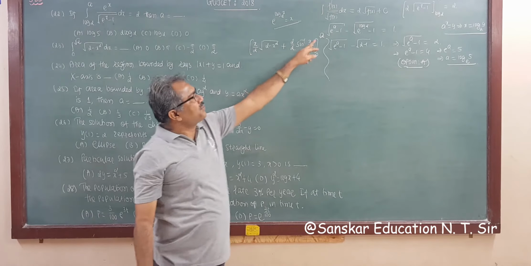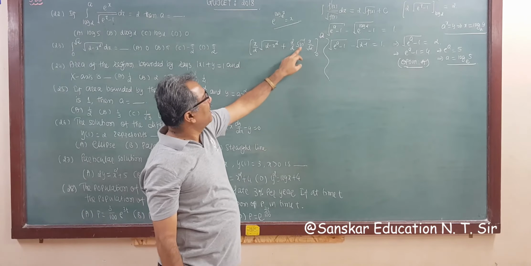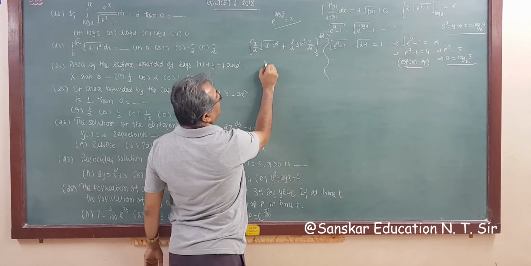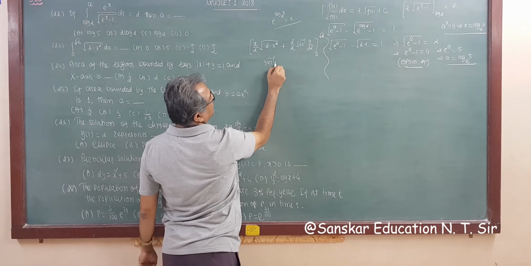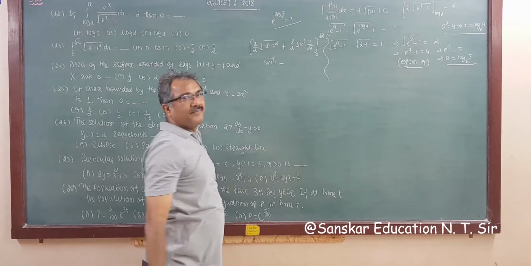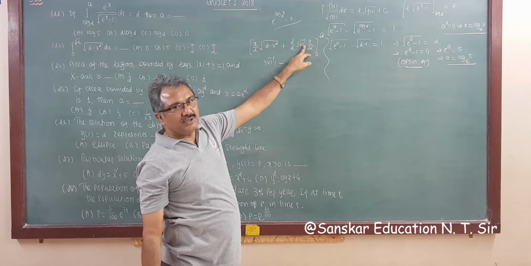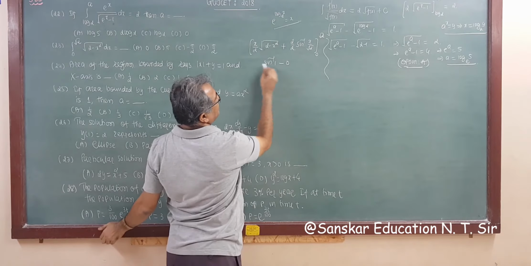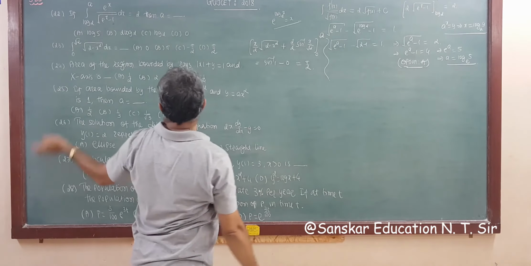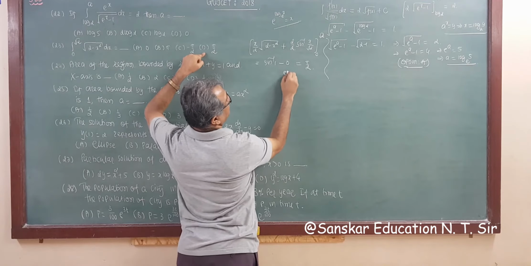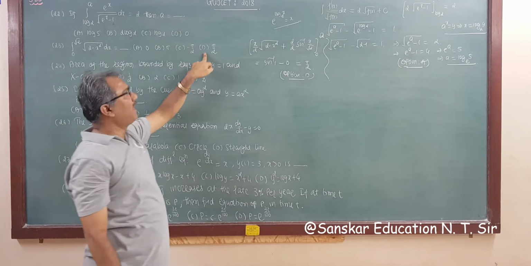Now substituting the upper limit, root 2 squared is 2, so 2 minus 2 is 0, and 2 by 2 is 1, so sine inverse root 2 upon root 2, that is 1, and minus, if we substitute x equal to 0, this is 0, sine 0 is also 0, so this is 0. So the answer is sine inverse 1, which is pi by 2, that means option D is your correct answer. So for this your answer is option number D, right.